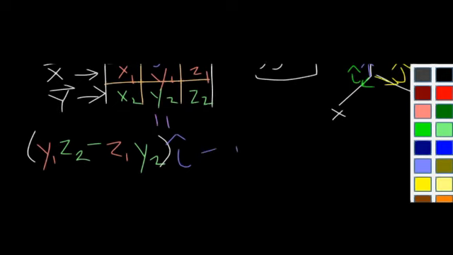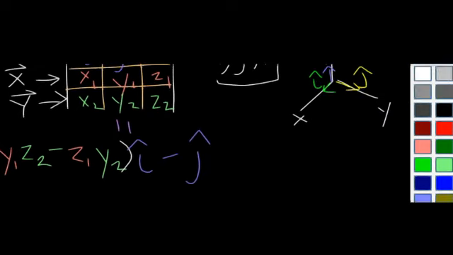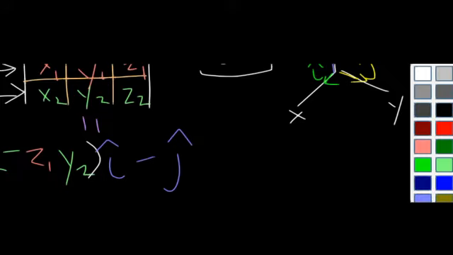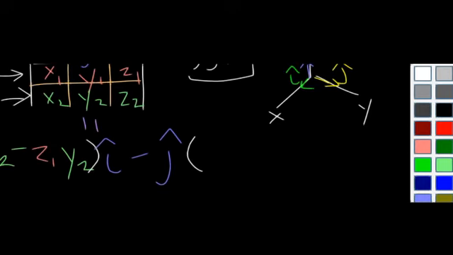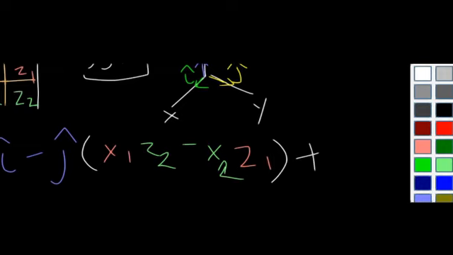minus j hat times x1 z2 minus x2 z1. Close parenthesis. And plus